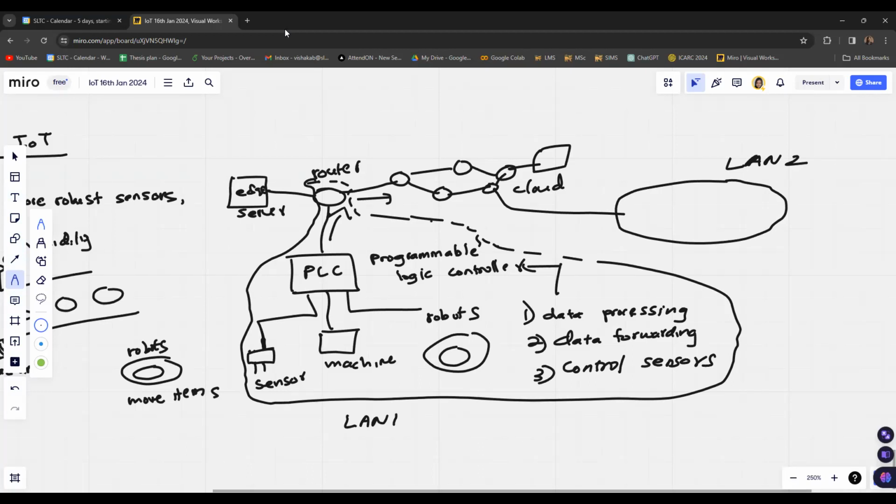Connectivity between two infrastructures is also a possibility with industrial IoT networks.